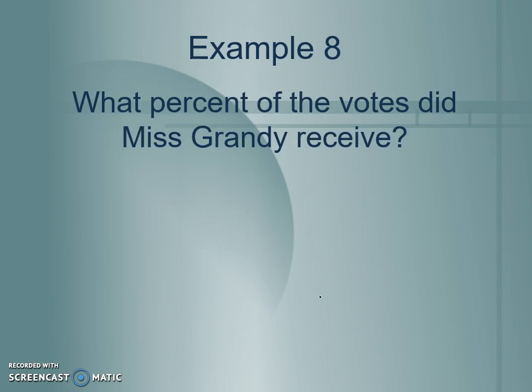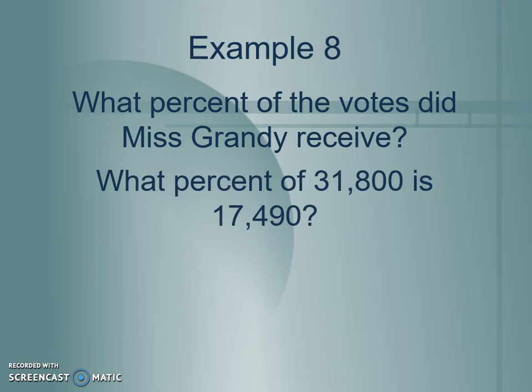Example 8, we're all around to page 114 now. This is the last one. What percent of the votes did Miss Grandy receive? Well, I guess I better read the problem first. Miss Grandy received 17,490 of the 31,800 votes cast in this election. What percent of the votes did she receive? So it says, what percent of 31,800 is